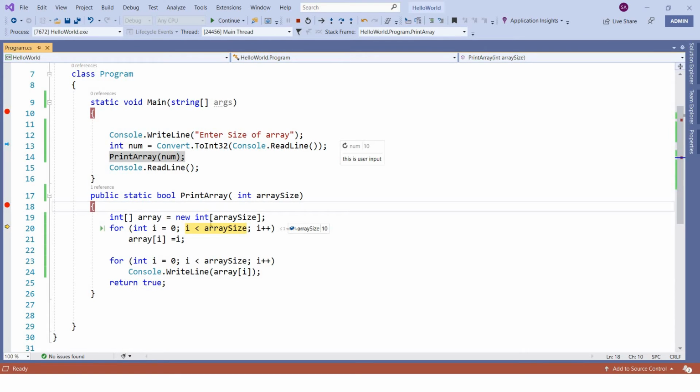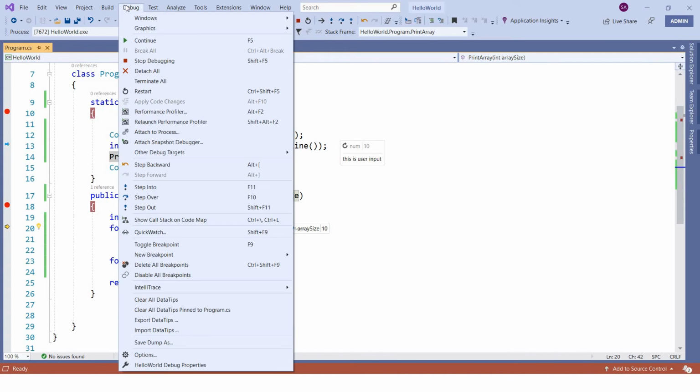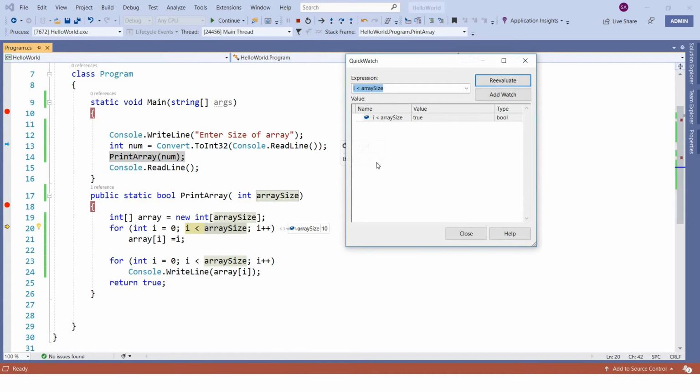For that we have a very simple option. Select whatever expression or statement you want to evaluate, and come to Debug. You can look for Quick Watch. The shortcut of Quick Watch is Shift F9. So simply click that one.